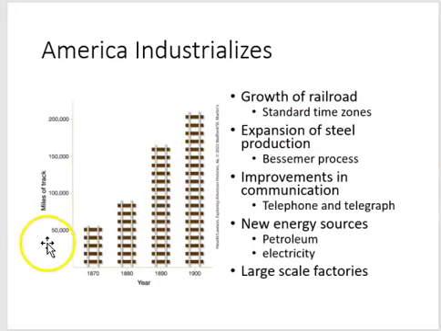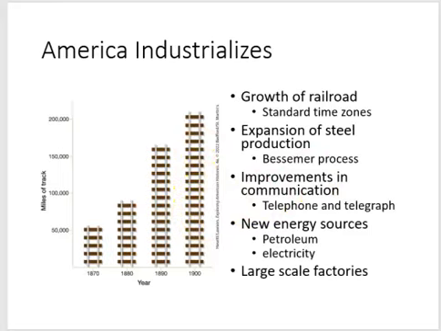So here are the miles of track that we had laid. This is 1865, the war has ended. About 5 years later, about 50,000 miles. 10 years later, we're almost doubling it, almost to 100,000. 10 years later, look how much we've laid, and then over 200,000 by the year 1900, by the turn of the century.